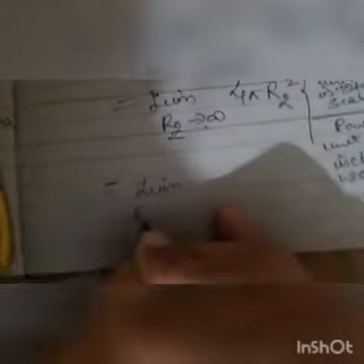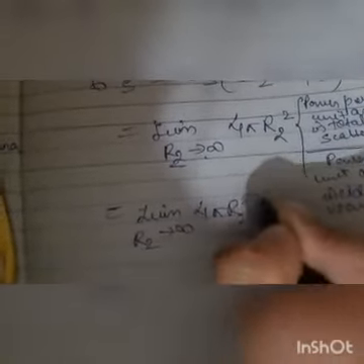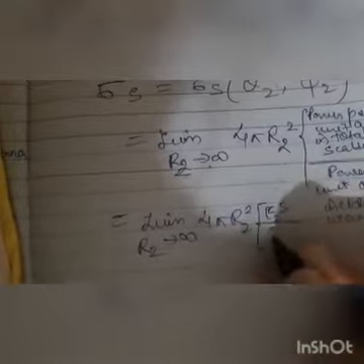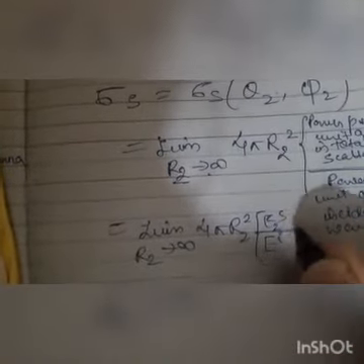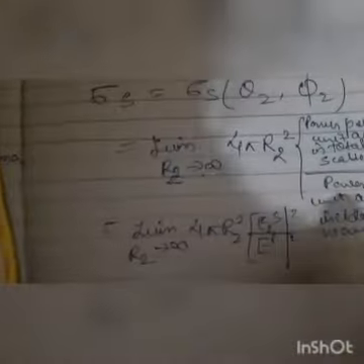Okay, so limit r2 tends to infinity 4 pi r2 square E2s upon Ei square. Okay, so this is a